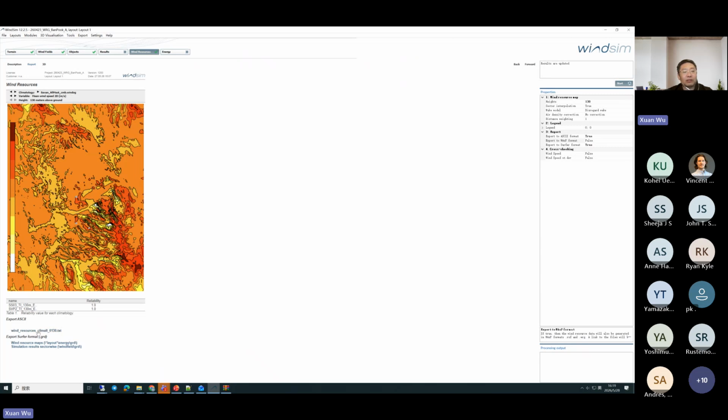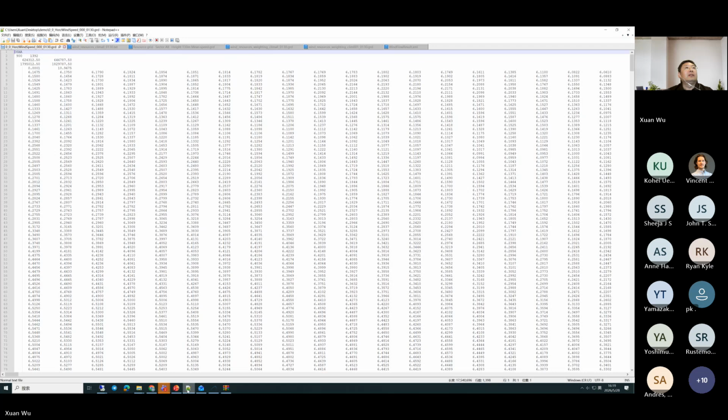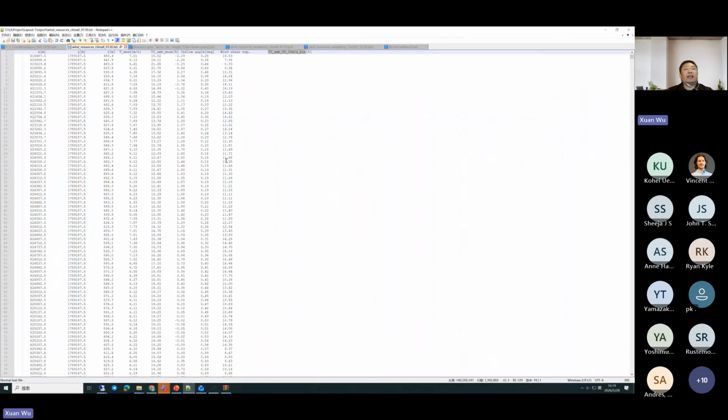This is a wind resource file. It is ASCII format. That includes different information here. For example, that is what I exported. If you enable ASCII format export of the wind resource file, this file has been arranged in this way, including the information like X, Y, Z. This basically is a coordinate,